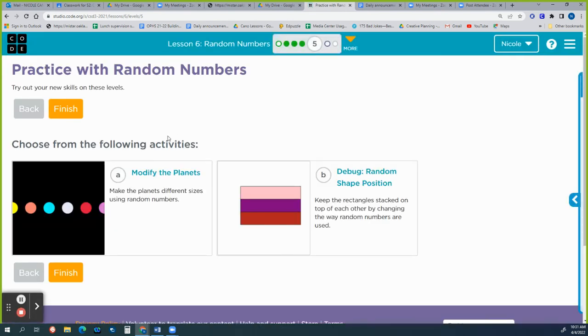All right, ladies and gentlemen, your task for today is on bubble 5. You will do bubbles A and B. In bubble A, you are going to make it so the planets have different sizes using random numbers. And on bubble B, you want to debug the random shape position so all the triangles stay together and stay stacked, kind of like a flag. For bubble 6, which you will also be working on today during the remainder of our time,